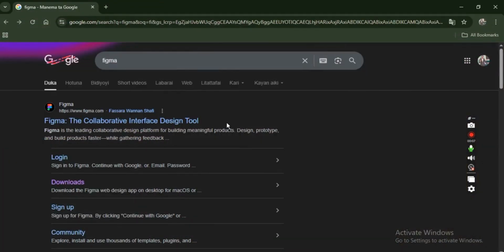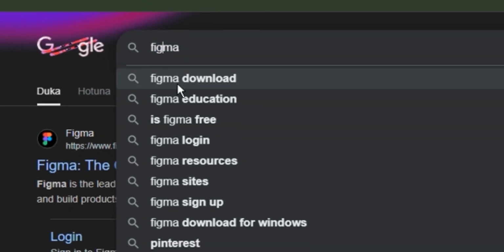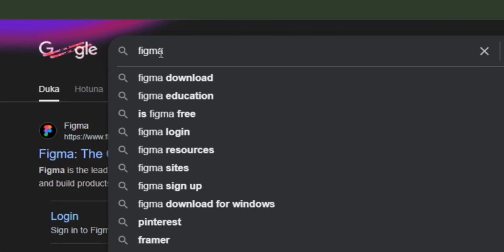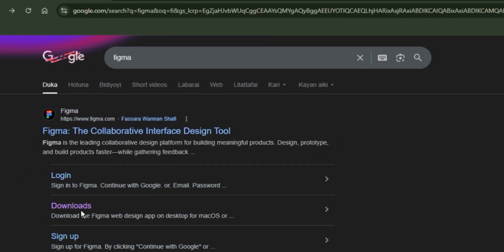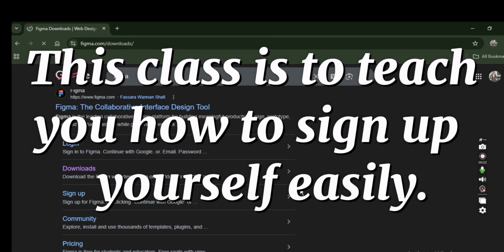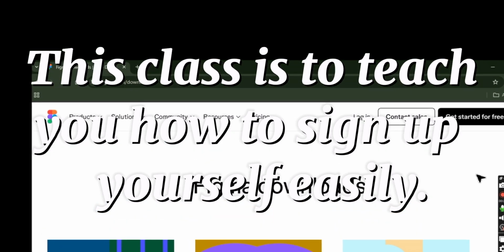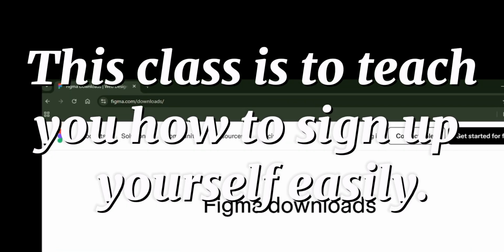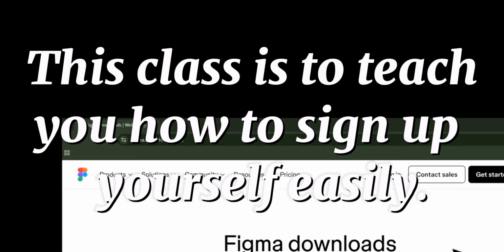Over here, we are going to look at how to install Figma for those that are using a laptop. I'm going to show you how to download it, because setting up Figma on your laptop is a little bit tricky. I don't think most of you can do it yourself because they require you to do certain things. This is the way you download it: you go to the website, and that's where you get your